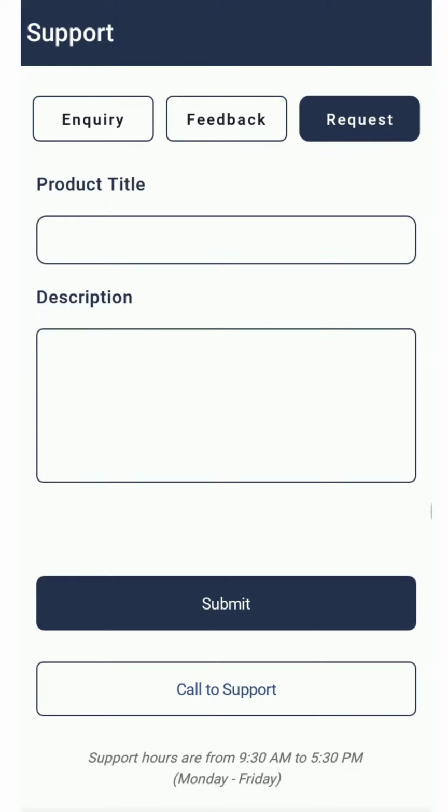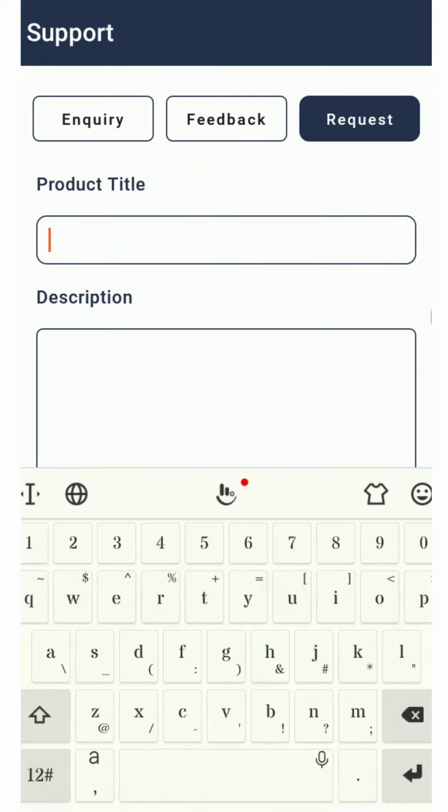And request, like I said, if you are not able to find your product or your need in any of the categories in the Connect Your Need app, and you want to add any service or product, you can raise a request here with a product title, like add a printer.